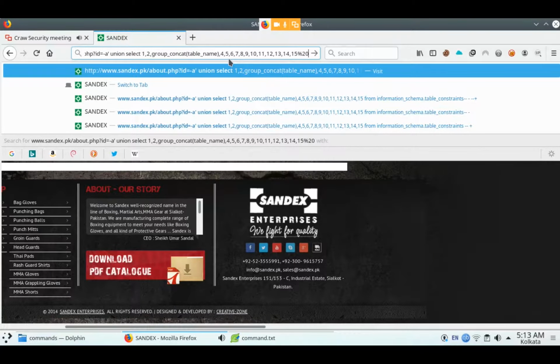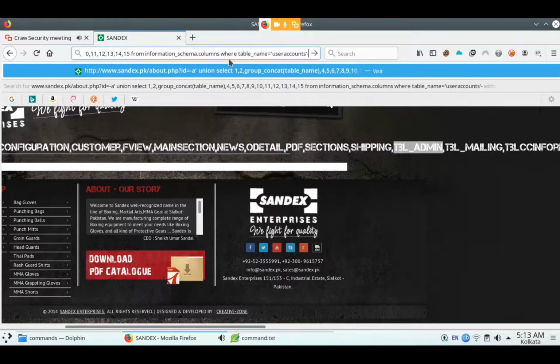From information schema, space, control V, from user account, not here, table underscore admin. Username was table underscore admin from, and here you have to find the column name. Column name, hit enter.